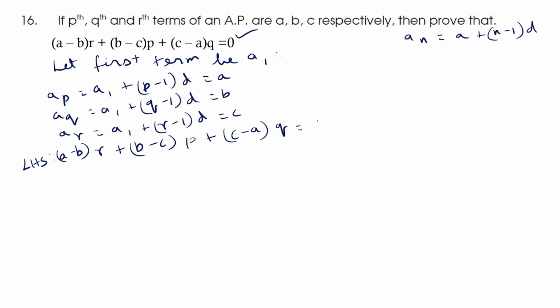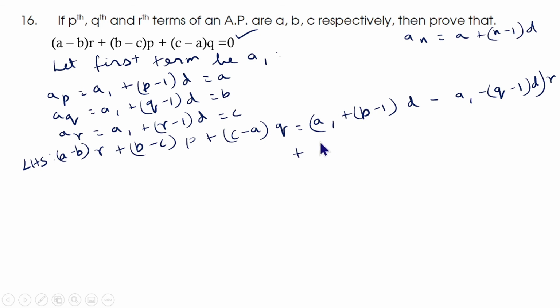So it is equal to (A1 plus P minus 1 into D minus A1 minus Q minus 1 into D) into R